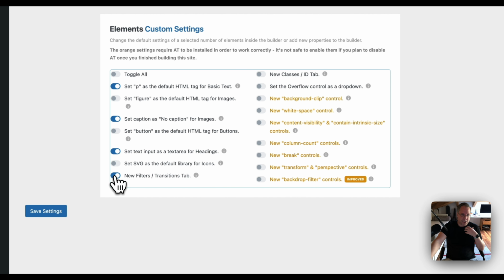The new filter transition tabs, yes, it makes things more organized in my point of view. New classes and ID tab, yes. Again, it's easier to navigate through your settings with these new tabs. And set the overflow as a control, as a drop down. Instead of writing manually hidden, you can just select it from the drop down. It's really, really easy. Okay, these options, orange, I would recommend to enable this, but make sure to be aware